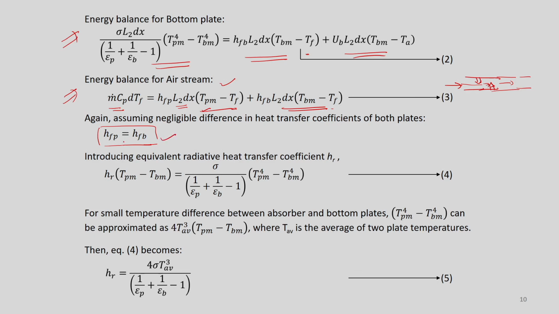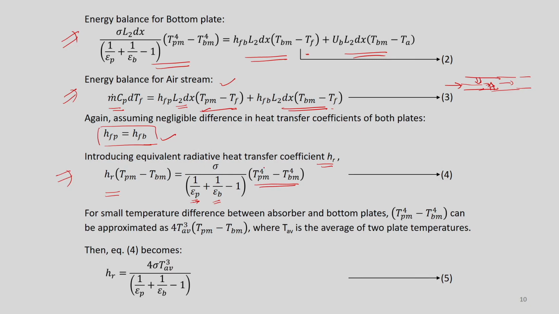This is the heat transfer coefficient between the fluid and the plate, and then the fluid and the bottom plate, right. So, now we will introduce an equivalent radiative heat transfer coefficient h_R, which is defined something like this. So, h_R (T_pm minus T_bm) is equal to sigma divided by (1/η_p plus 1/η_b minus 1), where η_p is the emissivity of the absorber plate and η_b is the emissivity of the bottom plate, multiplied by this temperature term,